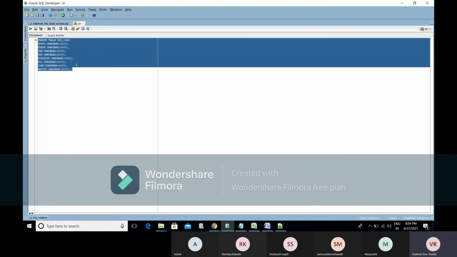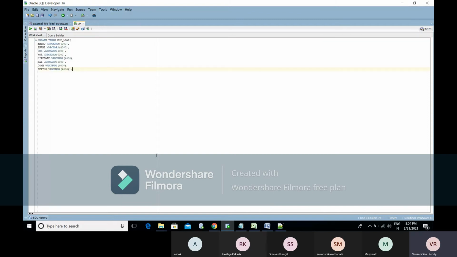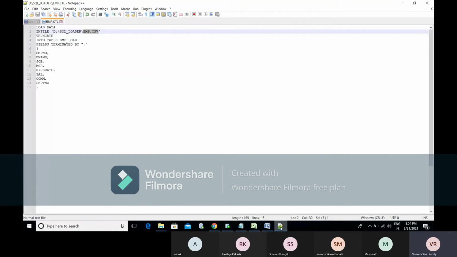I did the configuration with a create table statement. After that, I mention this is the first column, this is the second column. I need to put the order for this. So this is a control file. This control file will help you pull the data from the file and push the data into this database table. Okay, so this is the main file here.